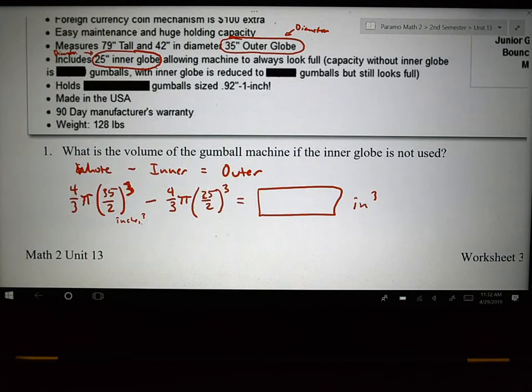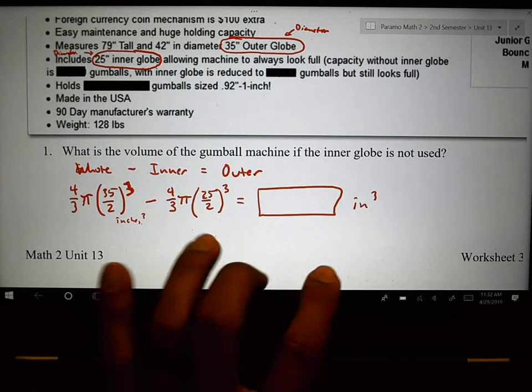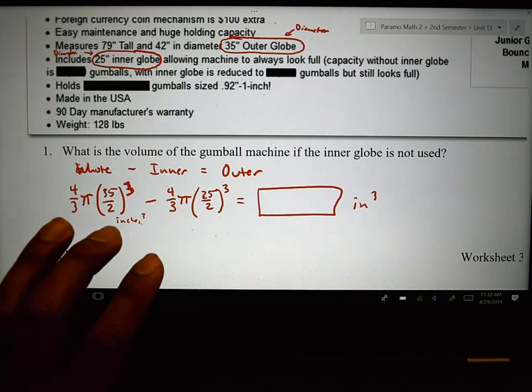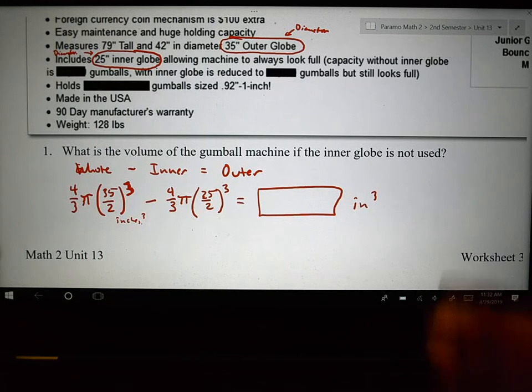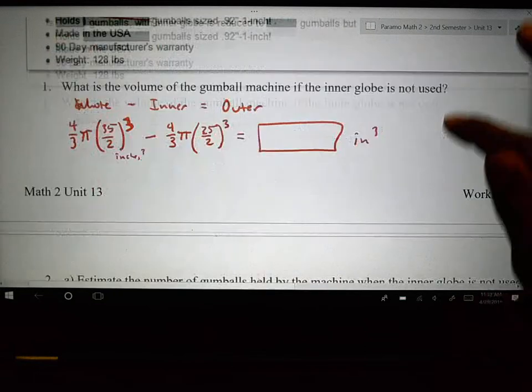And so as you start this whole worksheet, if you understand what I'm doing here to find out how much just the outer shell is going to be, make sure you're using a calculator to figure this out. I am not going to do this calculation for you. Once you figure that out,